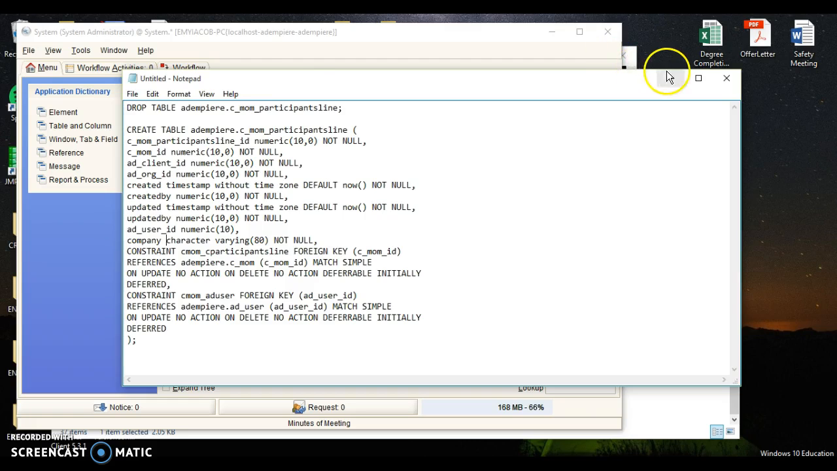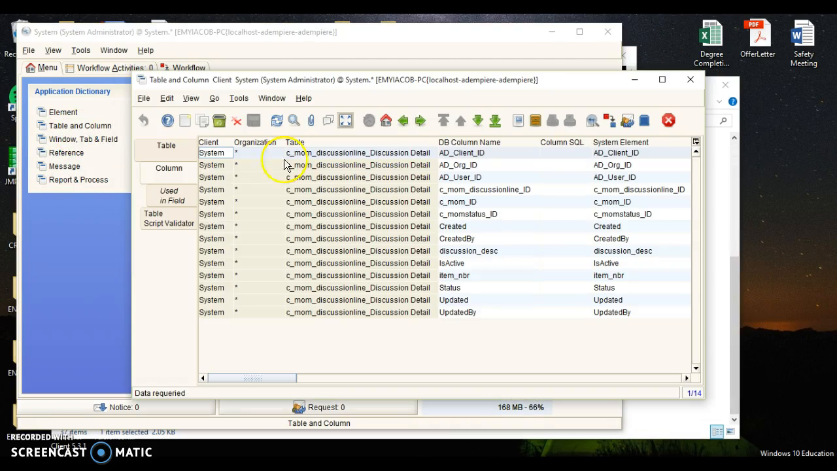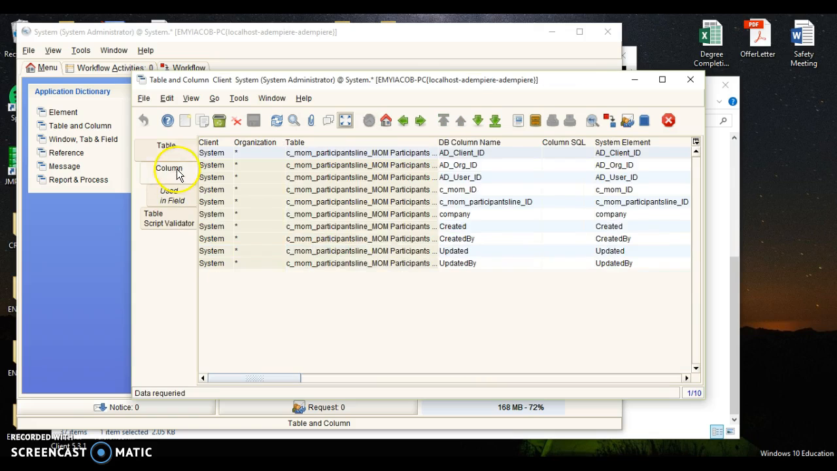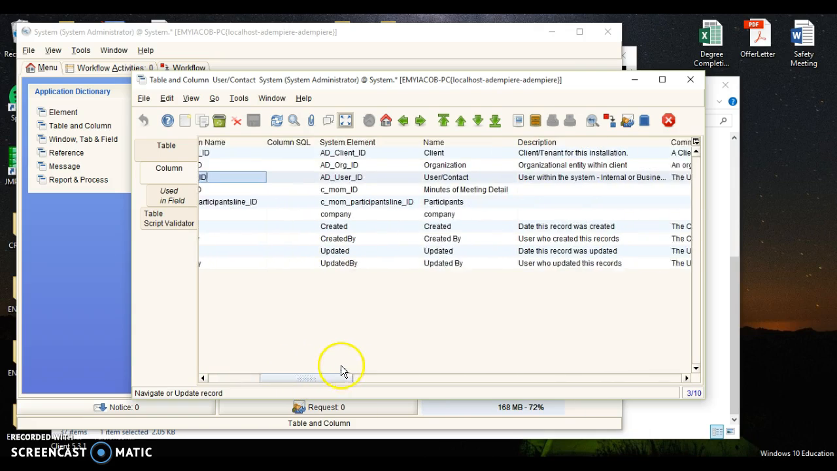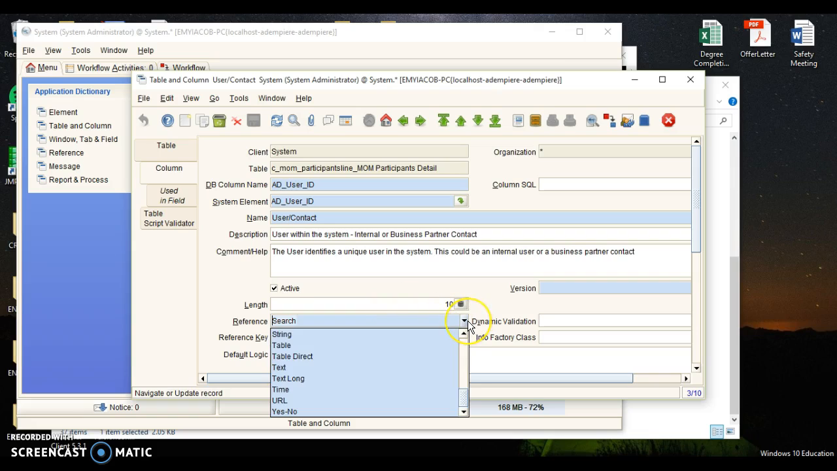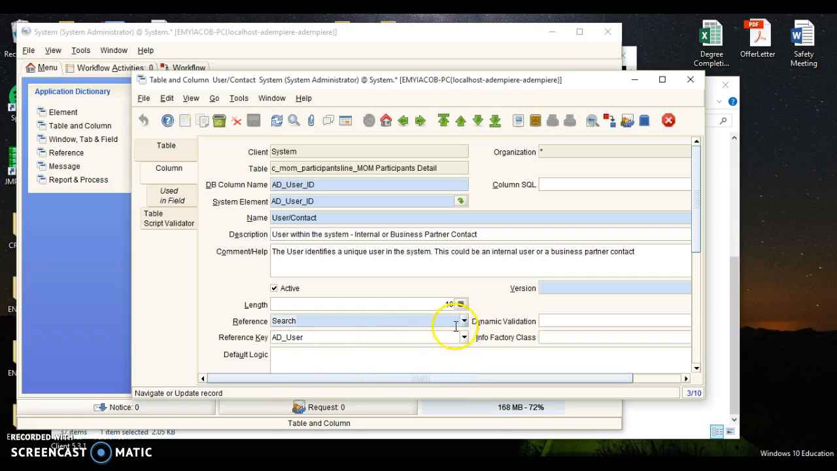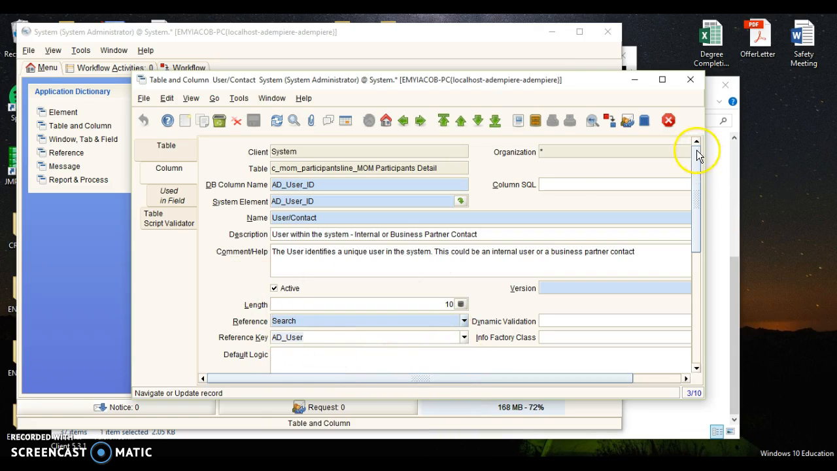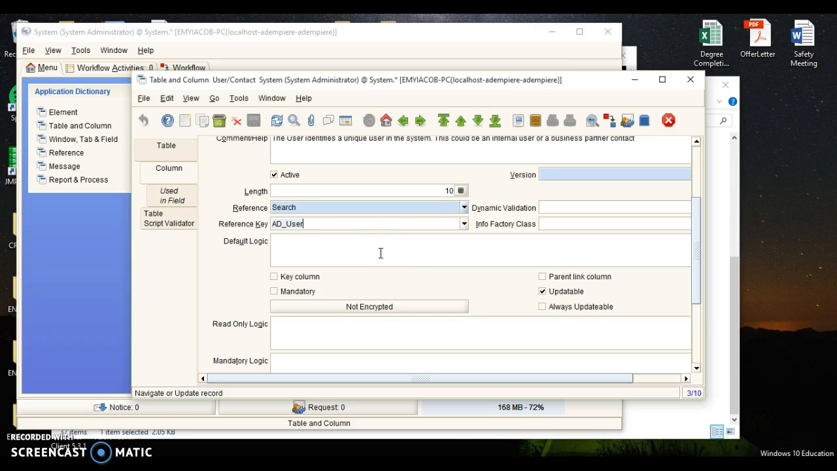And what we're going to do with that AD user ID, if we go into our tables and columns and go to our table, let's look at our participants table, column. We'll add this AD user right here, which will become there. Now what we want to do is go to our reference. Let's go to our reference here. We want to change our reference here to search. I showed you guys there were a few different references available. Last time we changed a reference to time and to date. We'll change it to search, and it's going to ask what reference key do we have, and we're going to point it to AD user. All right, and by doing this,